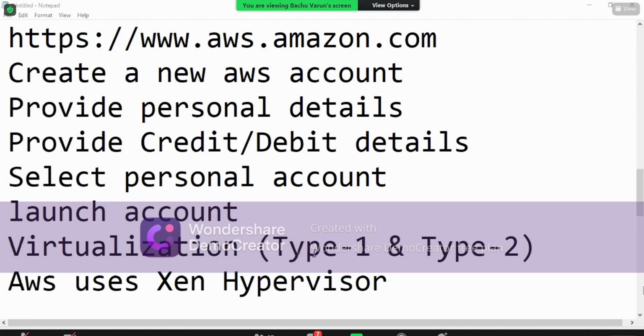Sir, after installation of a hypervisor on a server machine, how are we able to log in remotely? On Amazon AWS, we have already seen there are many virtual machines, as you created two virtual machines there, right, sir? Yes, exactly.